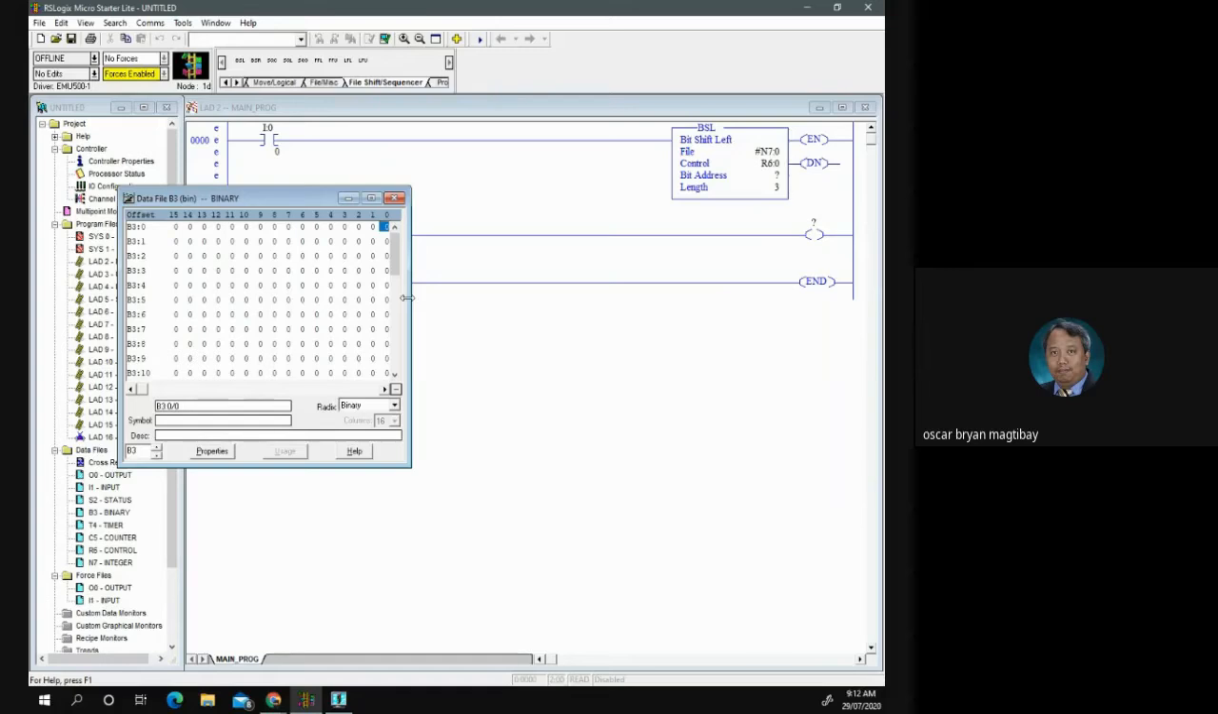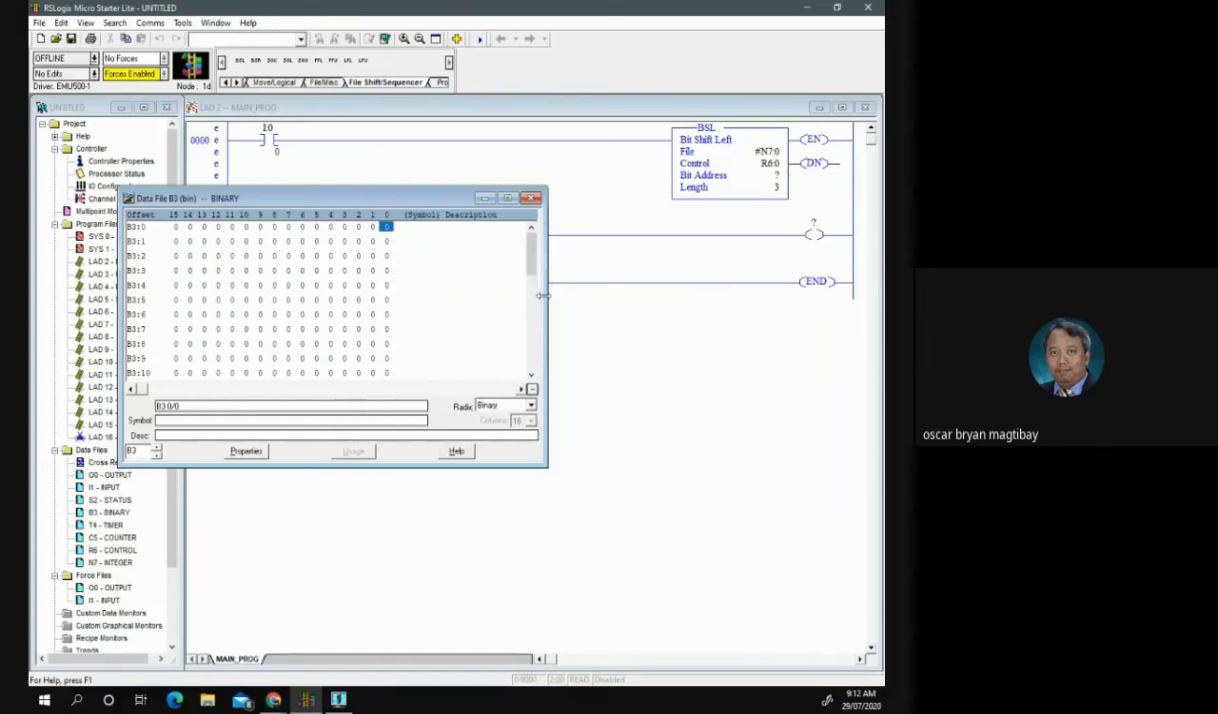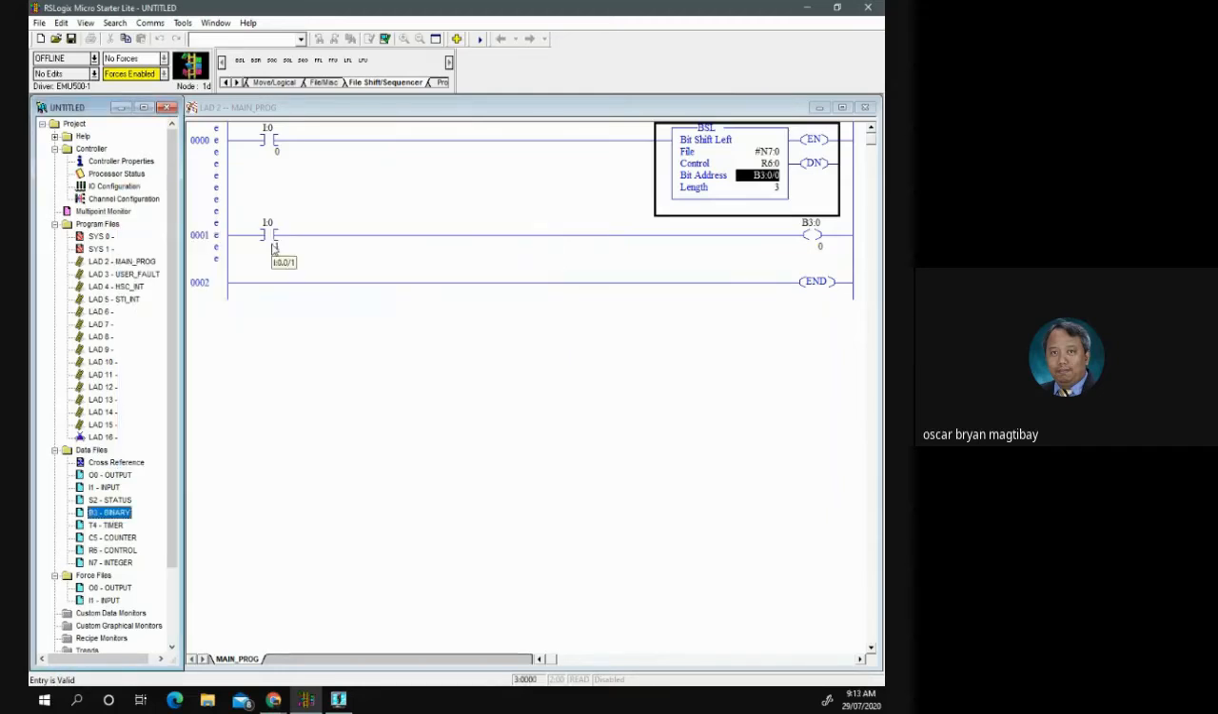Sa binary natin, yan ang gagamitin natin as to what would be the value of the shift. So gagamitin ko is B3:0/0 dito sa output ko. And also, at the bit address, yun ang gagamitin ko rin. So ganito ang idea. Kung anong value nitong B3:0/0, let's say ito yung 1, at